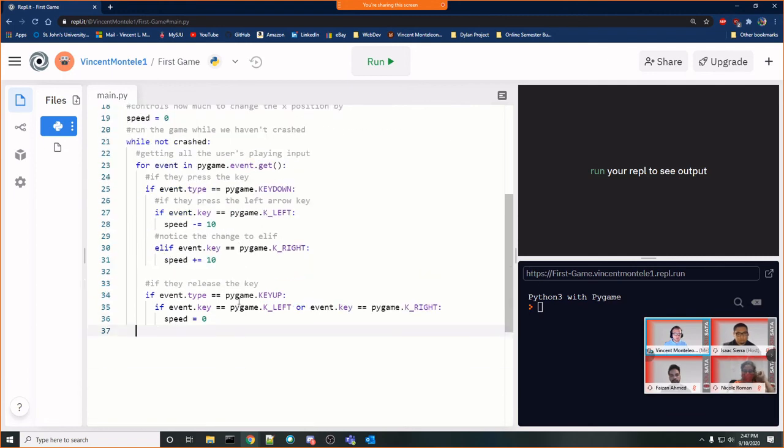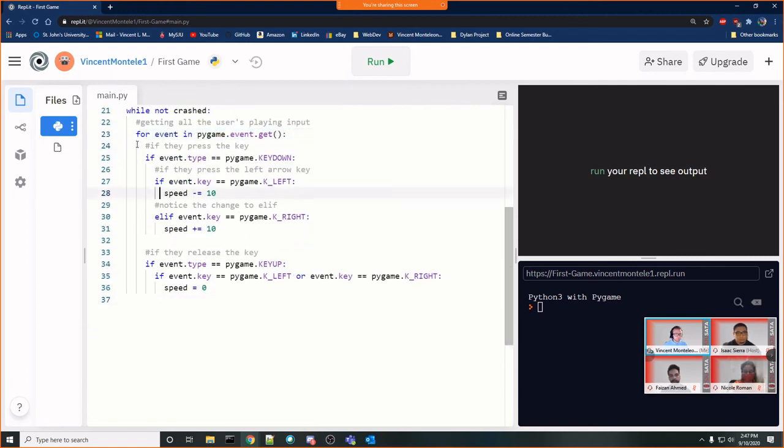So I just want to show you guys. Every time we go inside of this for statement, or we go inside of an if, there's like a little line that gets generated to show you everything that's inside of it, right? So everything that's inside of this while loop is here. What we want to make sure is that we're on the line that's still inside the while loop, but outside this for loop. So I'm going to be right here. A good way to do this is if you come after this speed variable and you press enter, just keep pressing backspace until you're all the way out, and then press tab one time.